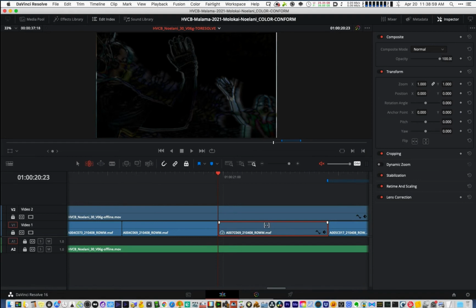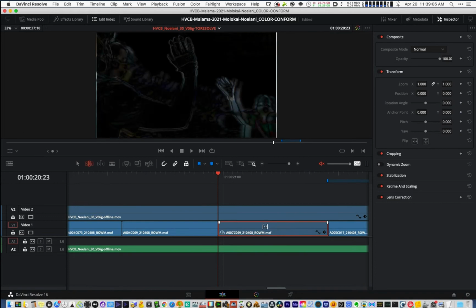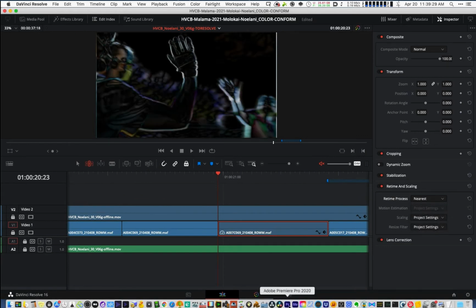So in this case, I want to slip this just to get the clips into registration, and you won't get a perfect registration. In fact, I should probably retime in here. Okay. So in Resolve, the retime, optical flow and frame blending options are in the inspector, under retime and scaling. If you double click on it, in this case it's defaulting to frame blend, so that's the reason why we're not getting an actual match. If I change this to nearest, which is effectively the same as